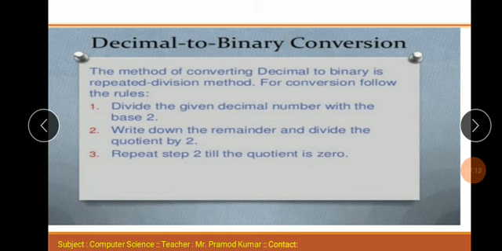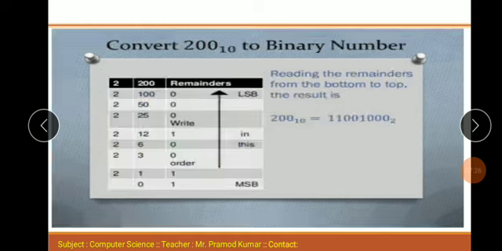Means after that you write down the remainder and divide the quotient by 2. Third, repeat step 2 until the quotient is 0. Here is an example; through an example you can understand it easily. Here the question is 200, a decimal number, and you want to convert this decimal number